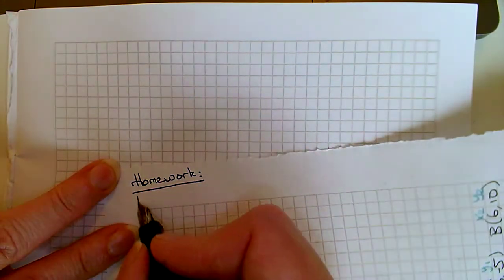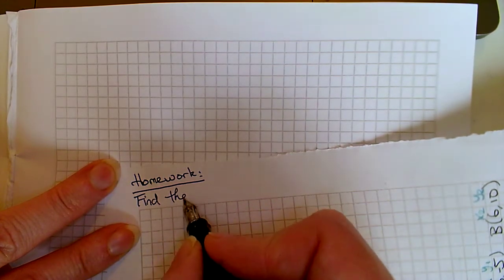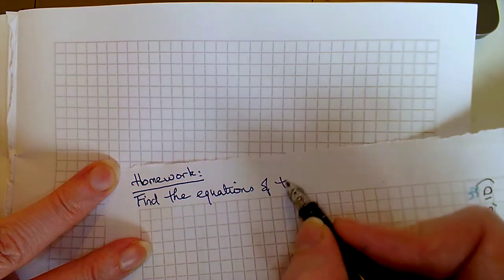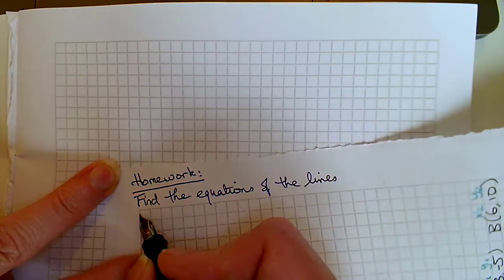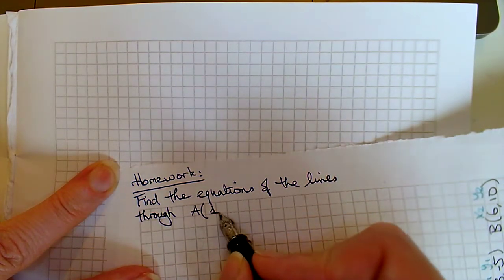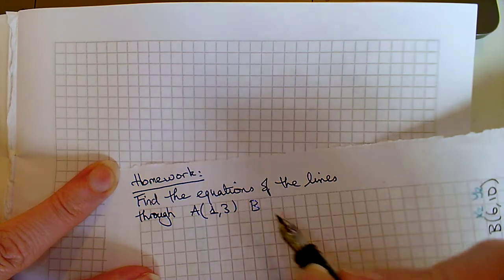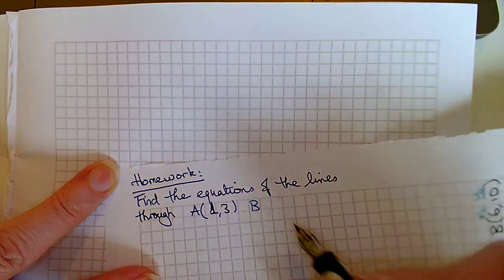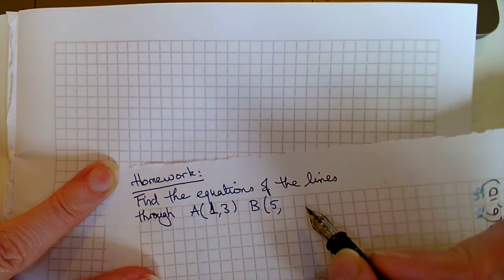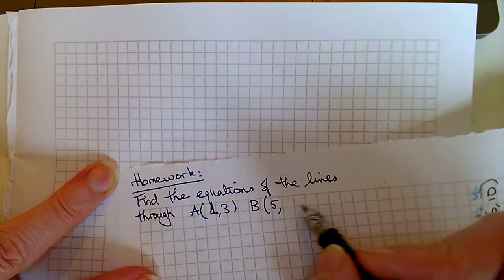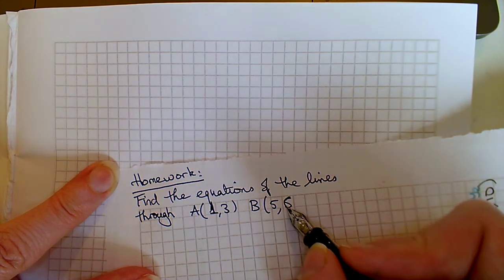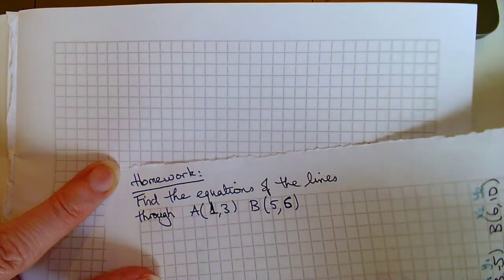Find the equations of the lines through the points A, 1, 3, and B, 5, 6,